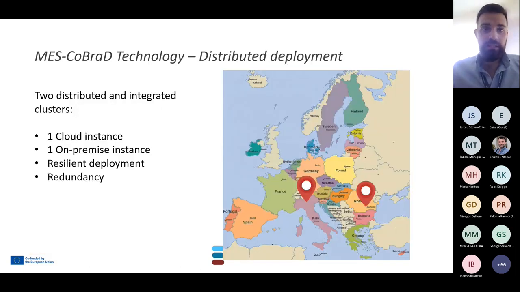The second dot point is the distributed deployment. It means that we have one cloud instance and one on-premise instance that collaborate with each other. One is located in Romania and the other one is located in Italy. This enables a resilient deployment because if some service goes down on one side, other services on the other side will cover the lacking of the first one. And there is indeed a lot of redundancy between the two instances, exactly for covering and ensuring a higher resilience of the